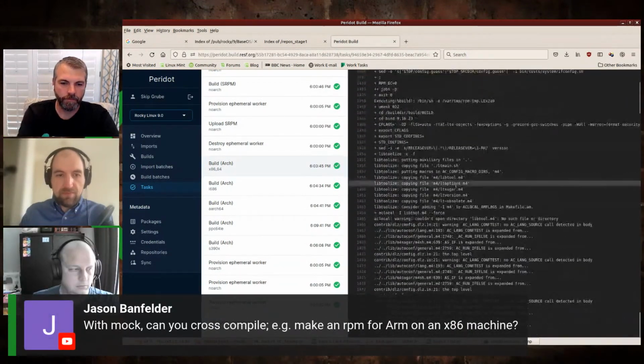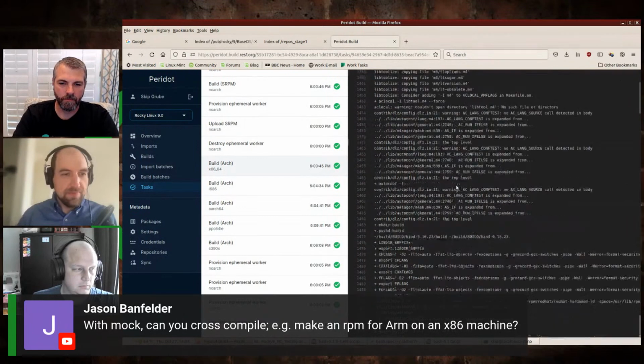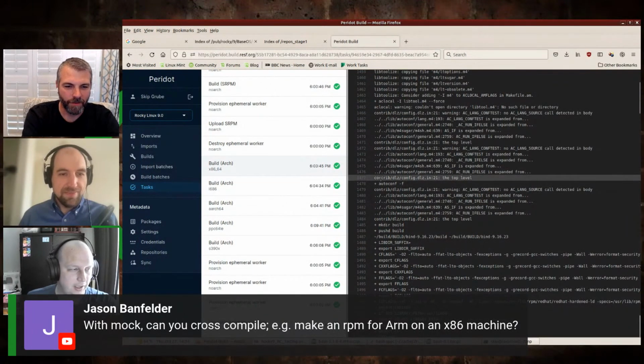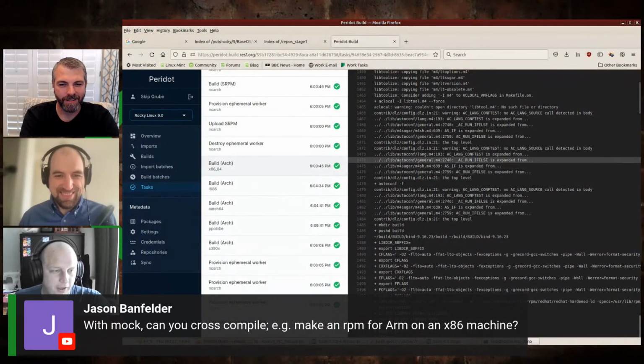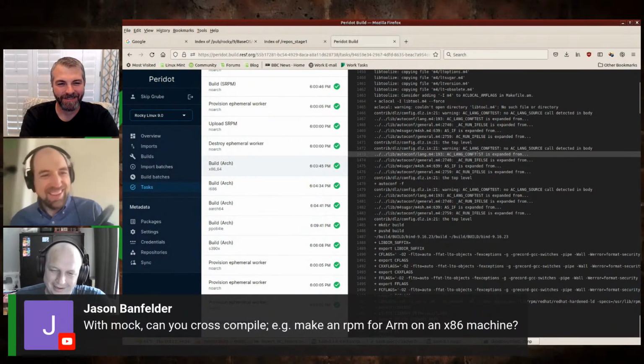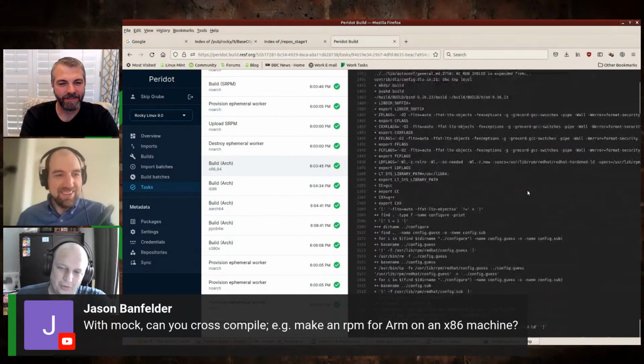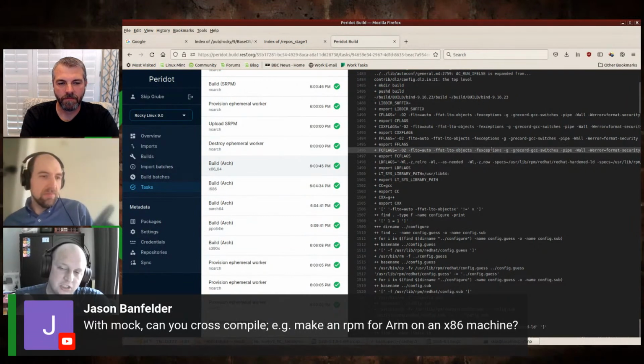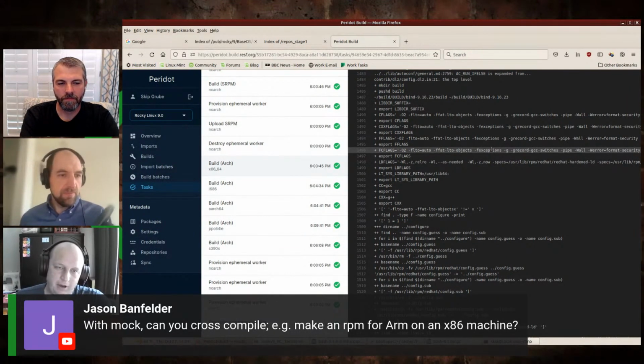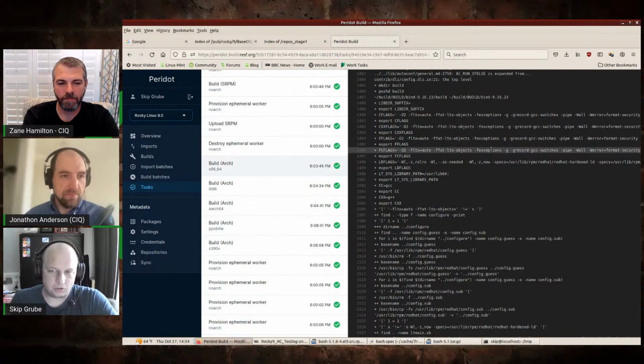I see that question there. Yeah, got a question. Mock, can you cross compile? No, and I'll explain why. RPM in general does not natively support cross compiling. You can, but the logic to do it has got to be built into the spec file. I've seen ones, there's some QEMU ones in particular that are like this, but